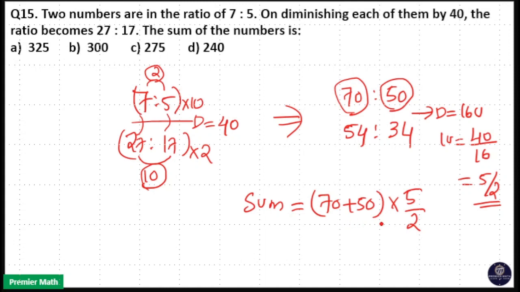Total 120 units. 120 units into 1 unit is equal to 5 by 2. So your answer will be 120 into 5 by 2 is equal to 60 into 5 is equal to 300. So option B is your answer. Either you